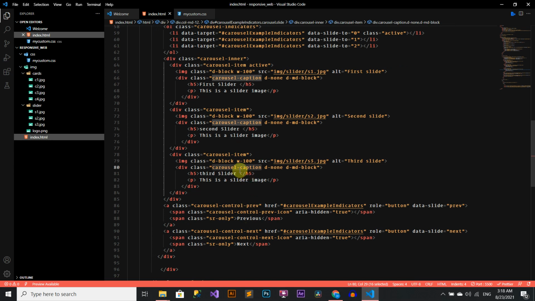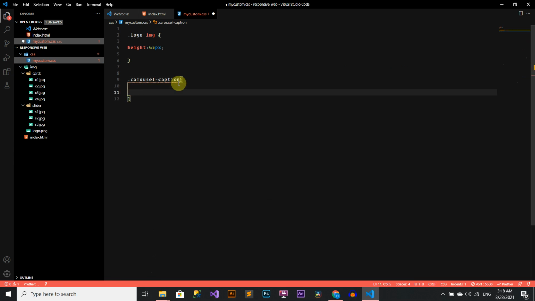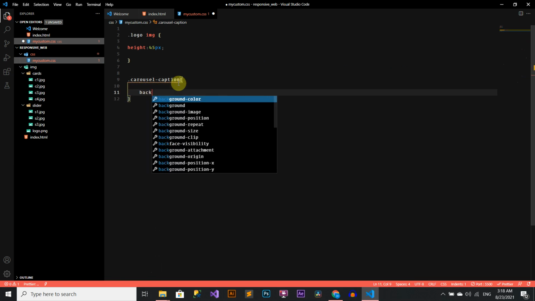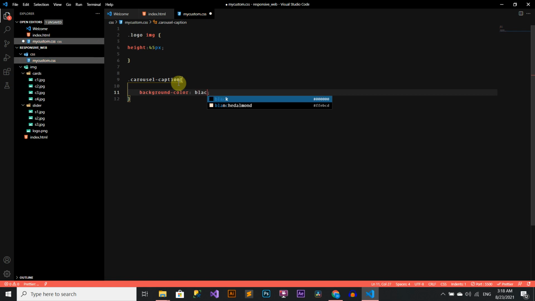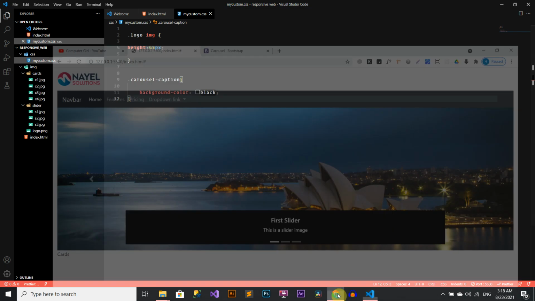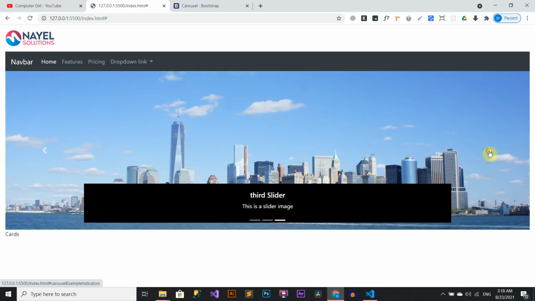So we will go to my custom.css. We will paste that class and change the background color to black. Now see, it's coming, but I will make it a little creative.